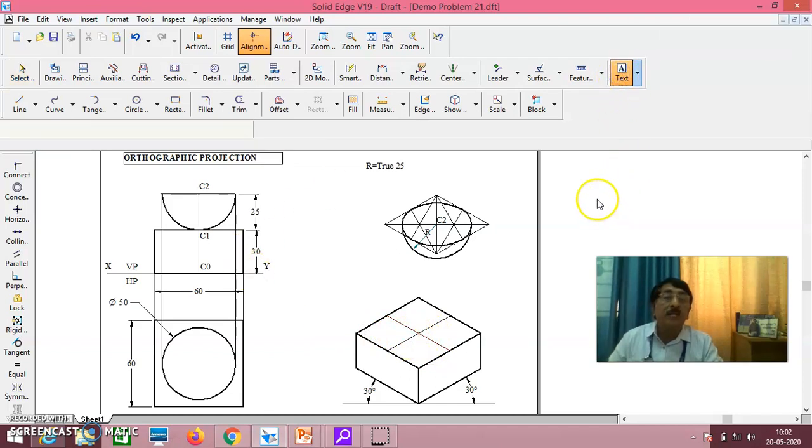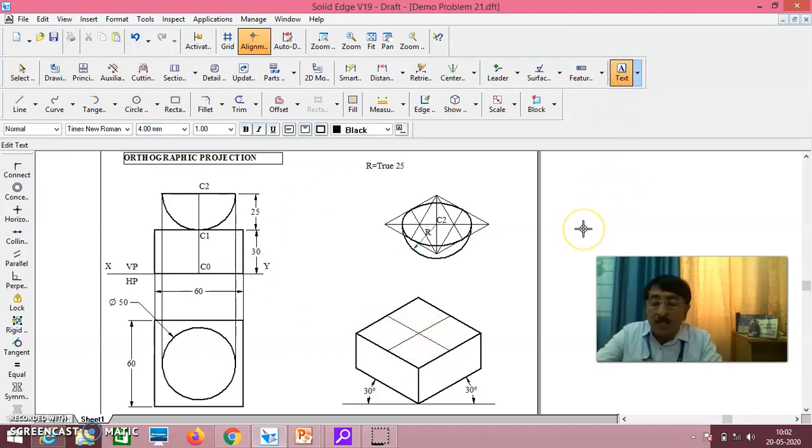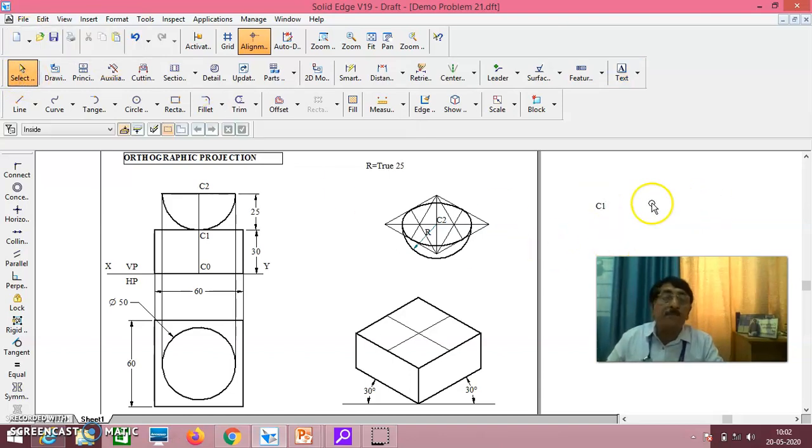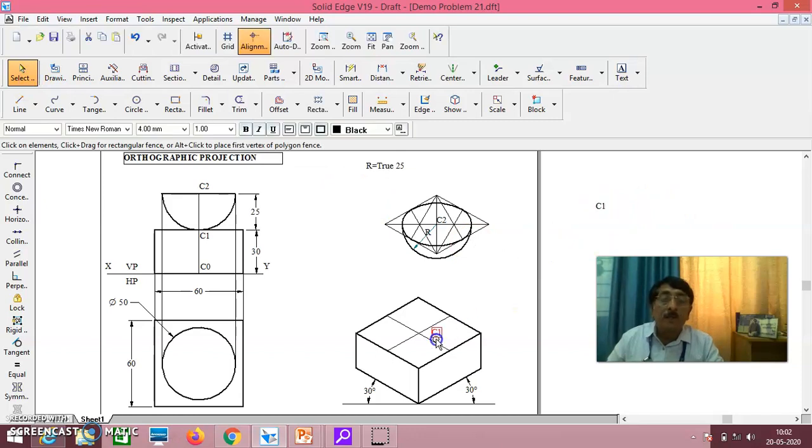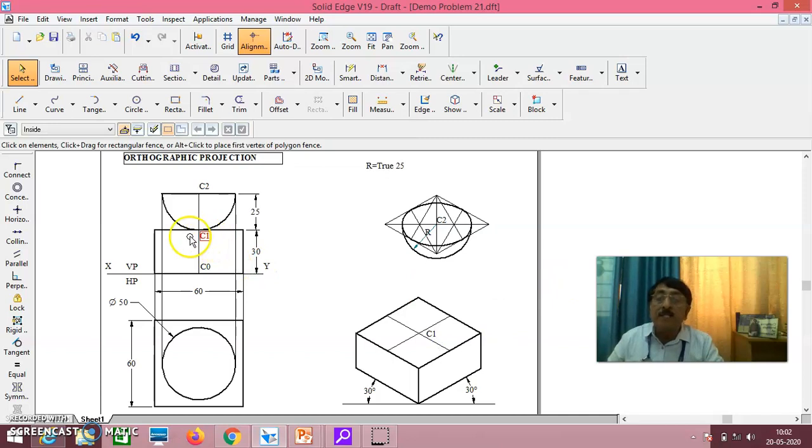This point is C1. That is, C1 is the center of the top surface of the square prism. This C1 I have got.